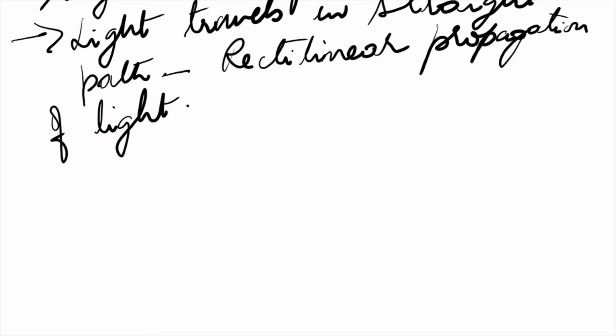Now it depends upon the type or nature of the substance on which the light is falling. If the light is falling on an opaque object, a part of the light is absorbed by the opaque object and part of it is reflected back or bounced back. The bouncing back of light, in scientific terms, we call reflection of light. Because of this reflection of light, we are able to see the objects.